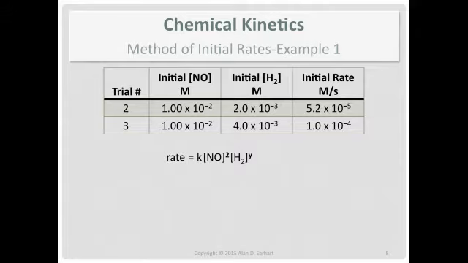Okay, left side of the equation. Take the rates. And like before, I'm going to choose trial 3 rate over trial 2 rate because that's going to give me a number that's 1 or larger. And same idea, I'm leaving the units out of this part of it just for simplification purposes.